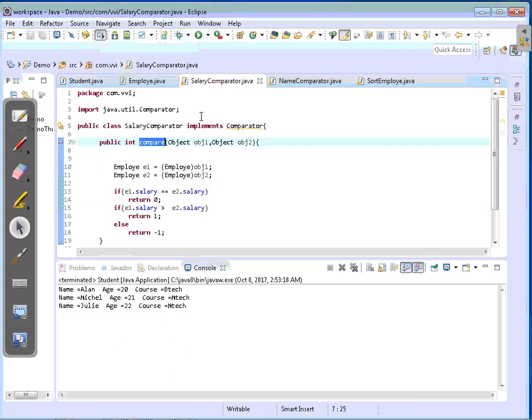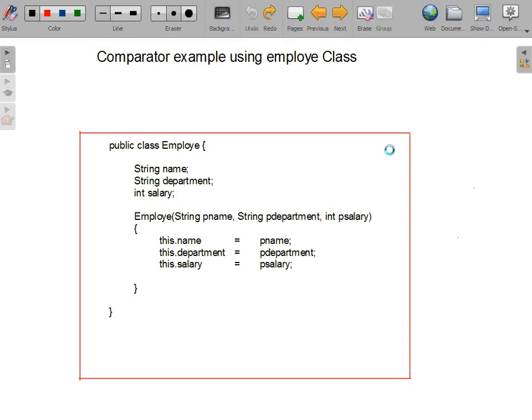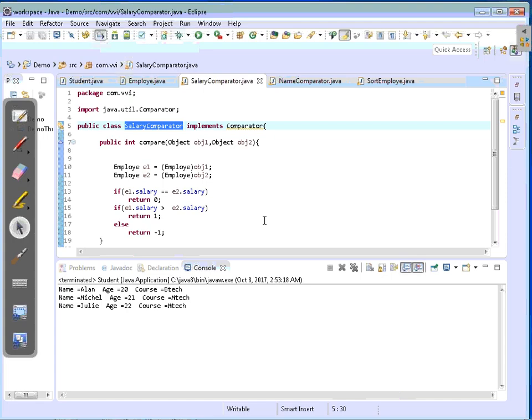So if you look at this class, it's very simple: the salary comparator class implements the comparator interface and implements the method of the comparator interface, which is compare. So the basic difference between comparable and comparator: comparable has a method called compareTo, getting one object as a parameter, but comparator has a method called compare, and it is getting two objects as parameters,